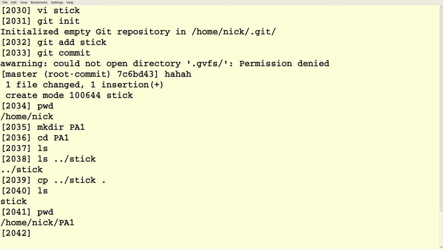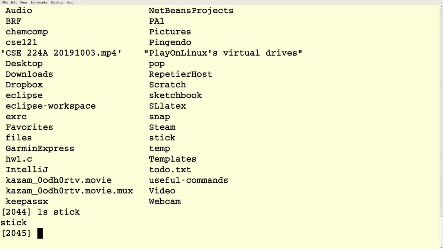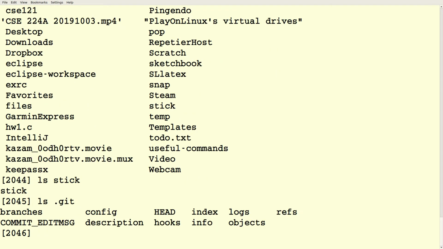So copy it in there. So now if I go in my home directory, yeah, I do have a stick. I also have a Git repository. That doesn't do any harm. If you don't use it, it's not going to do any harm, but if you really want to get rid of it,